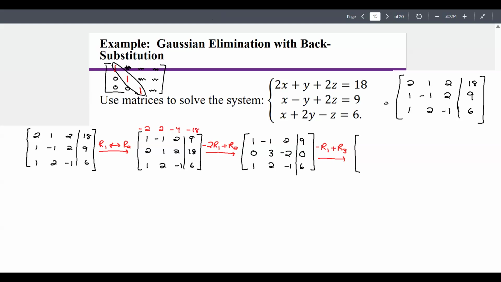So we're going to see that, once again, like I said, I took my R1 and I multiplied everything by negative. So this is basically negative 1, 1, negative 2, negative 9. So we're replacing R3. So the first two rows have not changed. So negative 1 plus 1 is 0. 1 plus 2 is 3. Negative 2 plus,